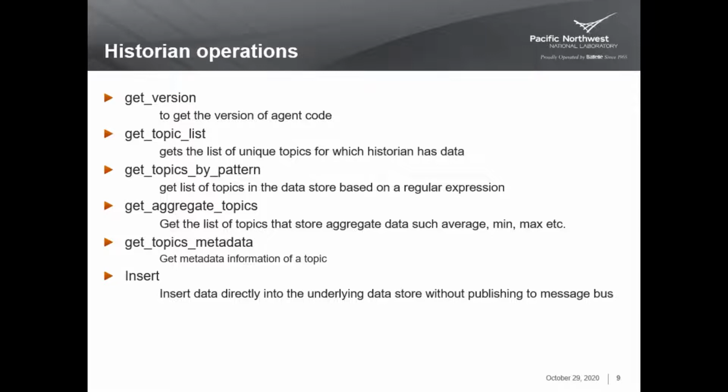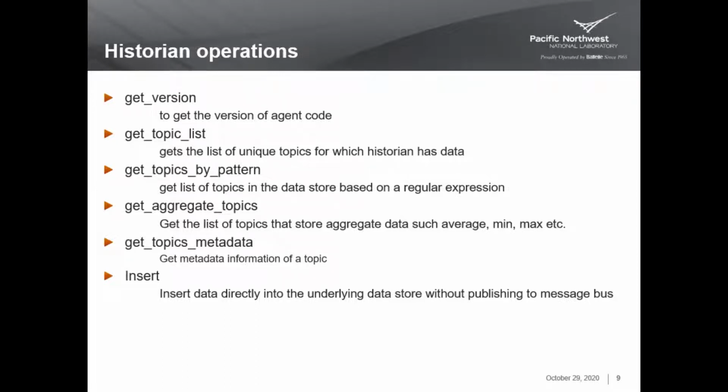A note here, not all historians collect aggregate data, so this will return data only if the queried historian collects aggregate data. To get the metadata associated with a given topic, you can use the method getTopicsMetadata. For example, the metadata for a point topic outside air temperature could be information such as units, time zone,